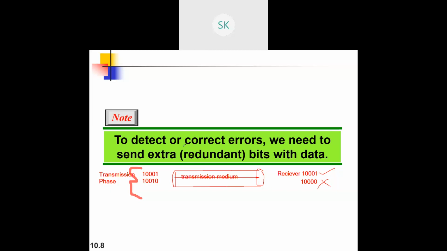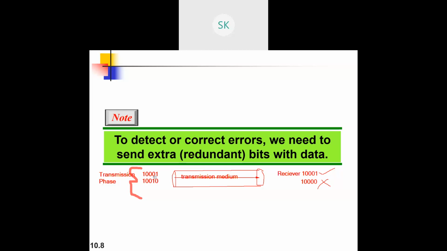Instead of it, if we add some unwanted information along with it, it should not exceed that. Suppose, for example, how many bits can you have? If you have 4 data bits that you need to transmit in one particular block, if I say one particular packet can transmit 4 data bits, then maximum 3 redundant bits can be added for it. Understanding it? There is a rule. So that protocol we need to follow.